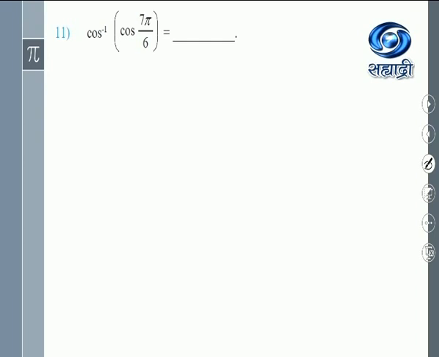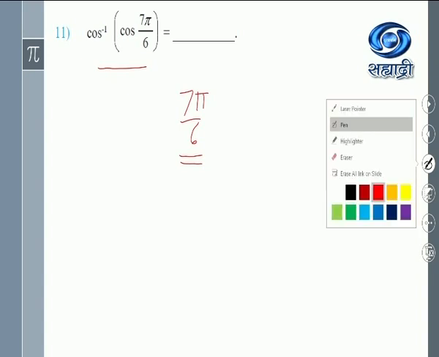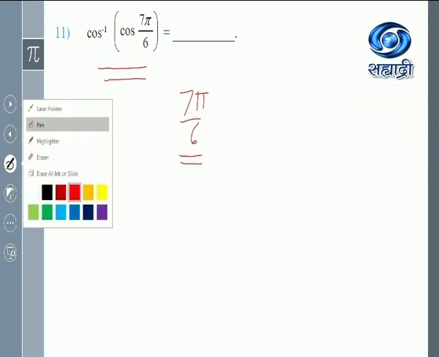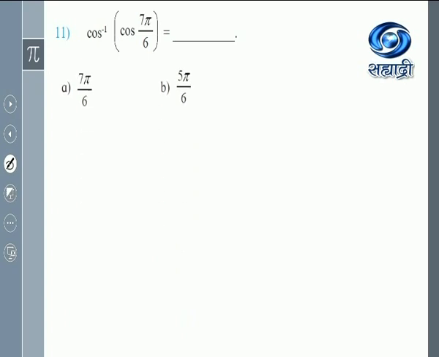Next, sum number 11. Cos inverse of cos 7 pi by 6. One of the important types in inverse trigonometric functions. If you don't know the principal value branches and you write the answer 7 pi by 6, you are wrong. Though we are using the property cos inverse of cos x is x, if you apply it directly, you will get 7 pi by 6. But 7 pi by 6 does not belong to the principal value branch. Therefore, be careful while finding the solutions for such types. Now let us see how to find that.